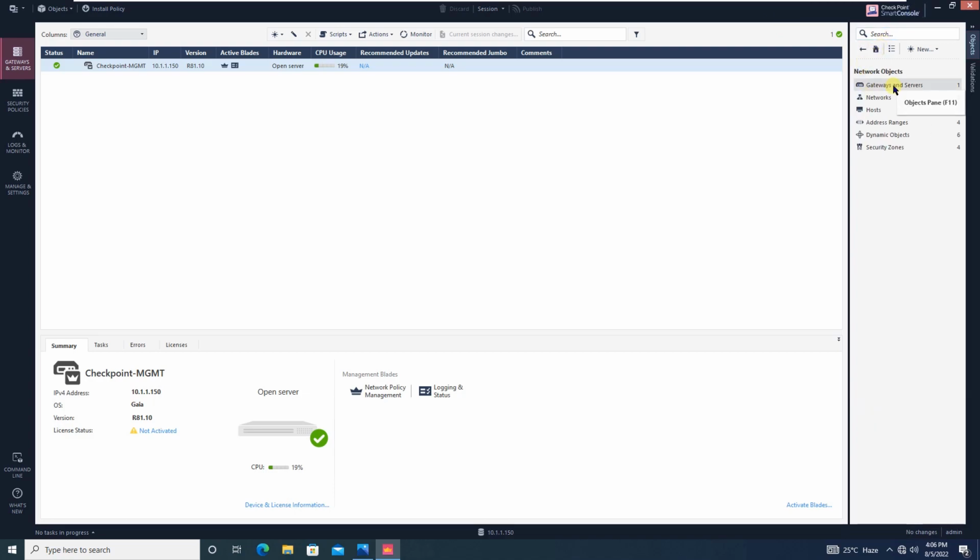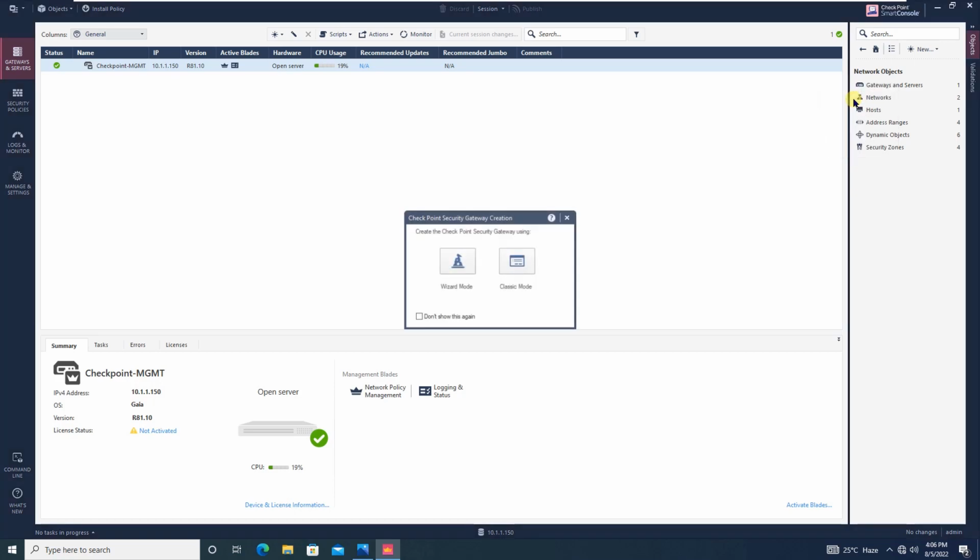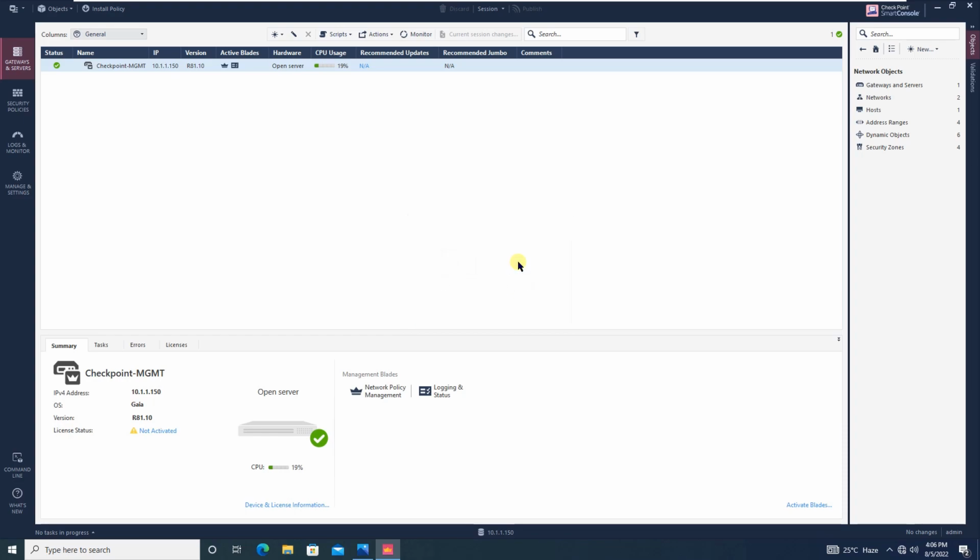So going over here in gateways and servers, what you are going to do, right click, new, under new you will say gateway. It is giving you two options over here, whether you want to create a checkpoint security gateway using wizard mode or classic mode. The wizard mode is basically a wizard will be open for you, or you can opt for classic mode. Let's go for classic mode. Wizard mode I will show you sometime later. Classic mode,